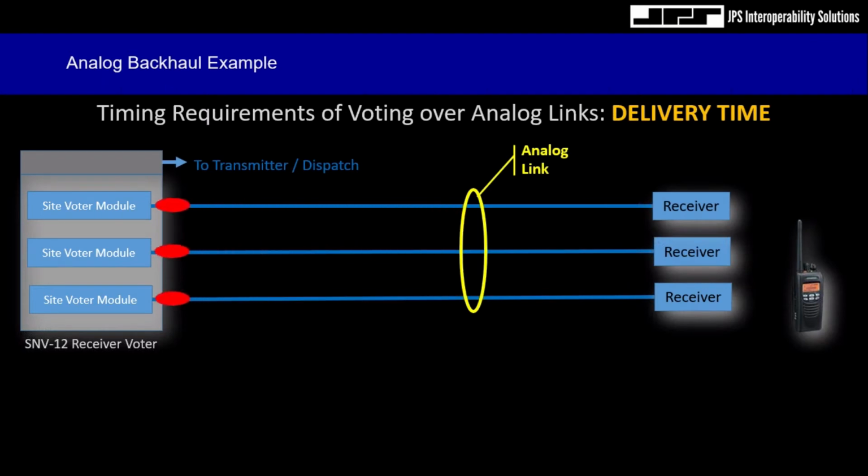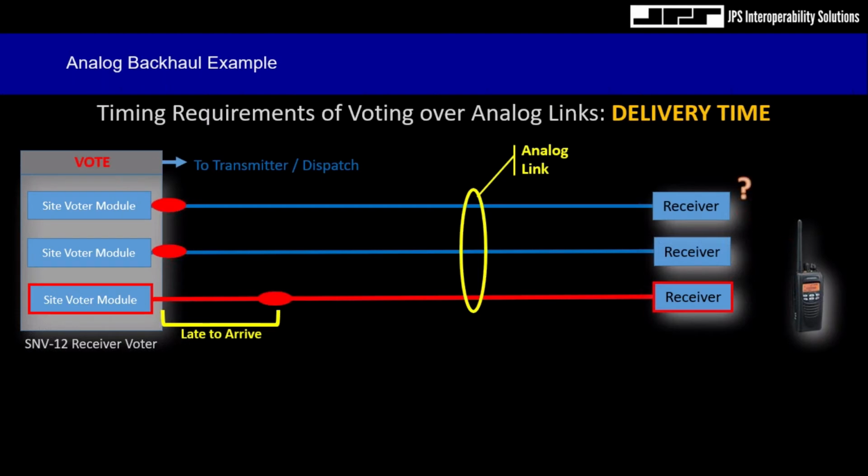from the transmitter. But in many cases, due to the propagation delay, due to maybe physical distance or devices used to route the audio from the receiver site, some of the audio may arrive later. This too can create a misvoting opportunity, as the voter will interpret the late arriving audio as high quality and then vote that site, when in fact, in the voter's attempt to assess noise, there is nothing to assess and it is perceived as a low noise condition.